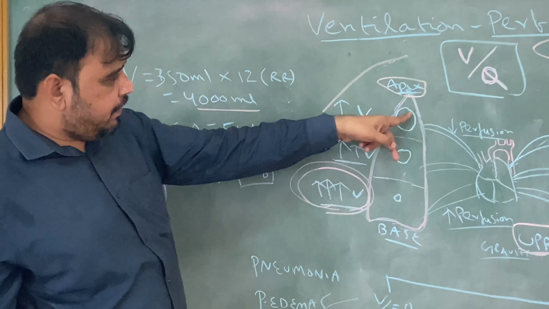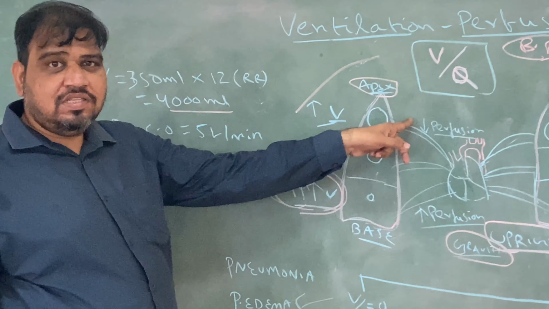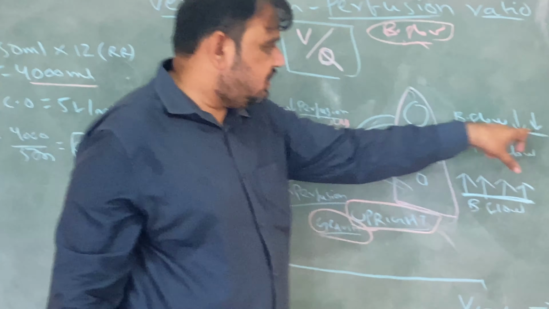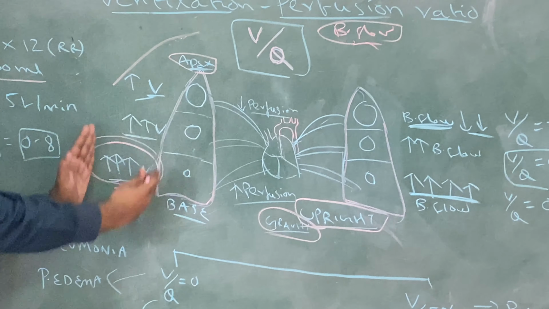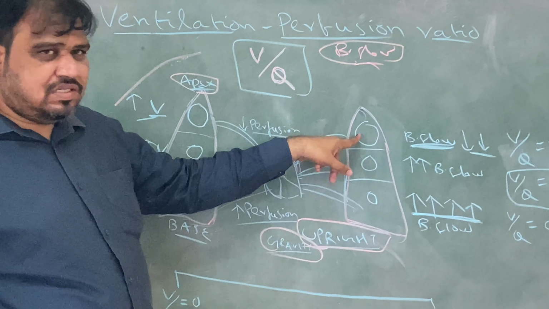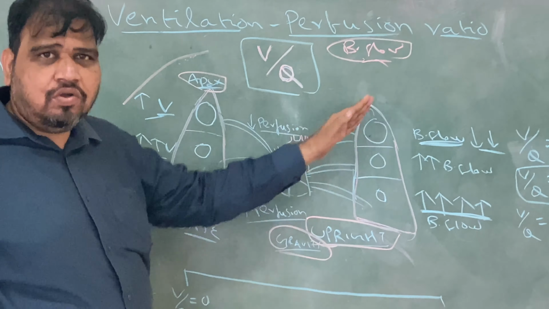Very very important point, gravity. By the way the diagram you can see, this blood flow is against the gravity, whereas this blood flow is along the gravity. So obviously what will happen, you can see here blood flow is decreased. So this side I have mentioned about ventilation, this side I am mentioning about blood flow. So blood flow is decreased in the apex of the lung. Reason is that blood flow has to go against the gravity to the apex of the lung, because heart is approximately situated in between the two lungs. The apex of the lung lies above the heart structurally. So the blood flow is decreased.